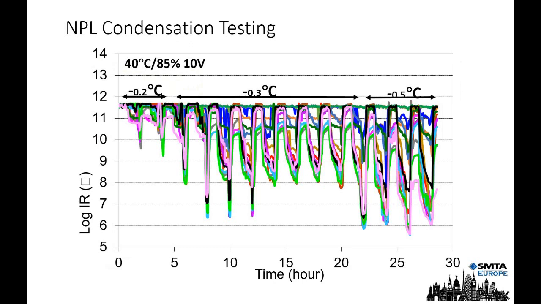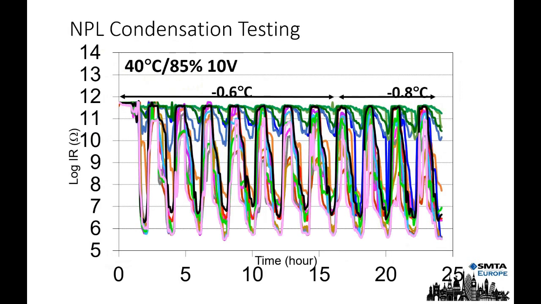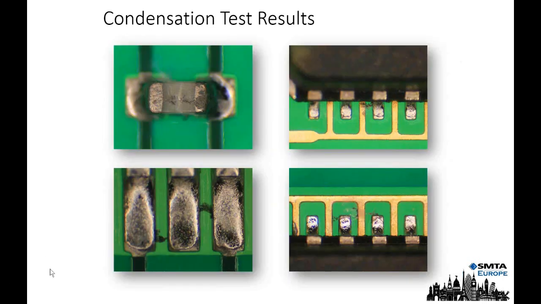Anything above or anything below 8 would be the criteria to look for. Now, one of the nice things about the condensation testing is that it gives us the ability to test much quicker. So rather than a 21-day test or whatever test you want to perform, we're looking at a test which can be conducted much more quickly. So that obviously has an impact on cost and on proving a product out much more quickly in manufacture.